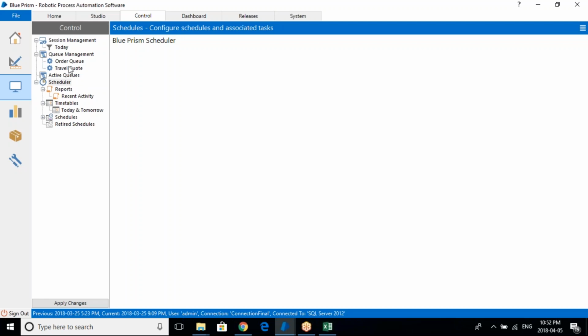So I'll schedule my bot to run from 5 to 9. When I say robo, in Blue Prism, it's bot. I can choose which process I want to run from 5 to 9, and then the bot